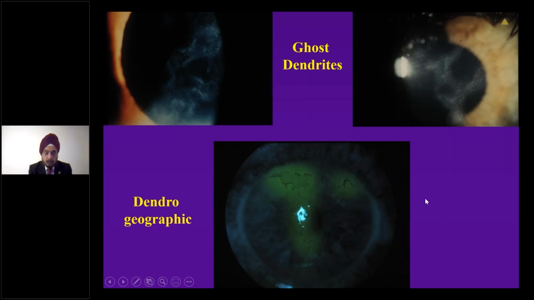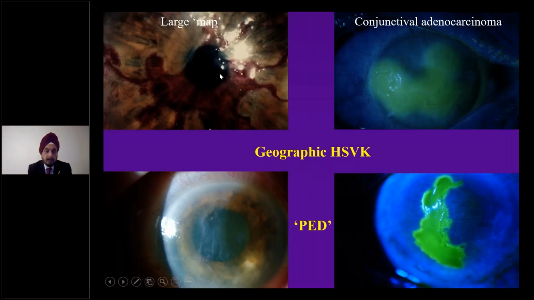So that's your geographic lesion, and then it's associated with a dendrite here, and there's a dendrite here. And this often happens that a small dendrite is present and is treated with steroids unknowingly, inadvertently, and it becomes rampant over the surface of the cornea. There's other examples of a large geographic lesion with dendrites extending from it. This patient, you can see, has what appears to be a dendrogeographic lesion, and it is dendrites and geographic